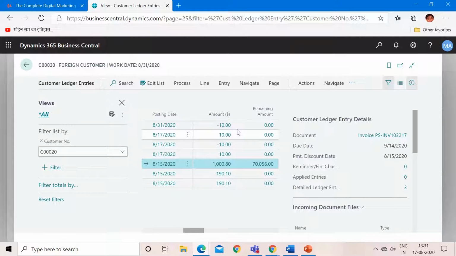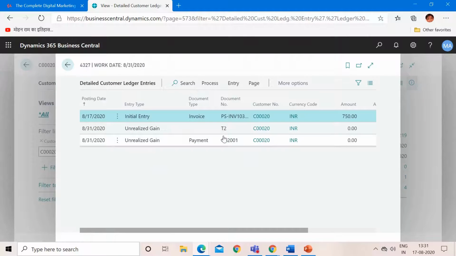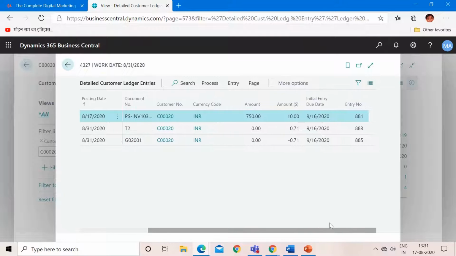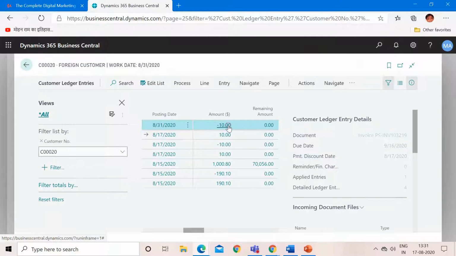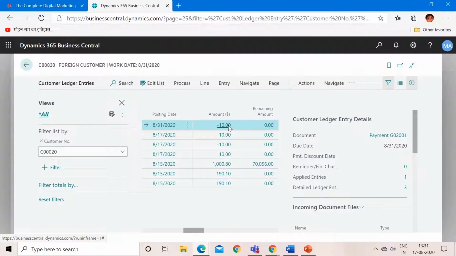So this is our invoice. Yes, this is our invoice.